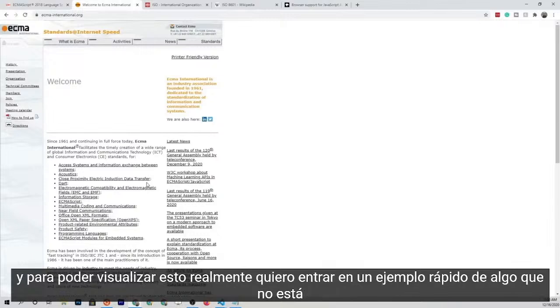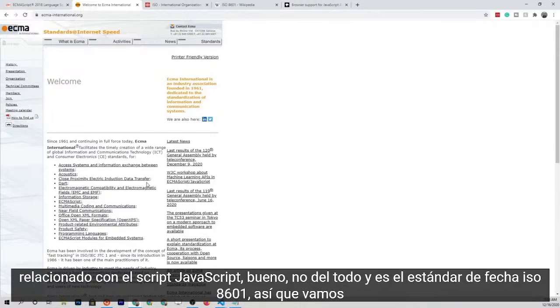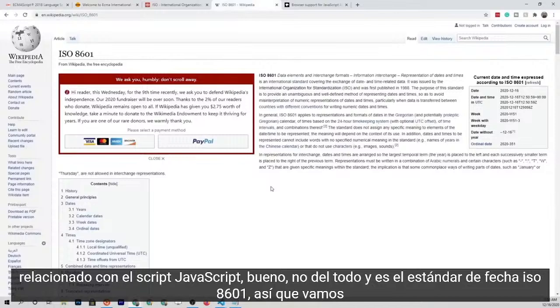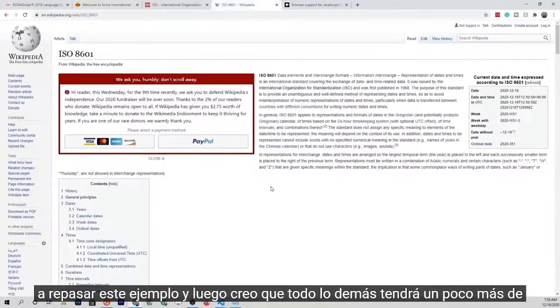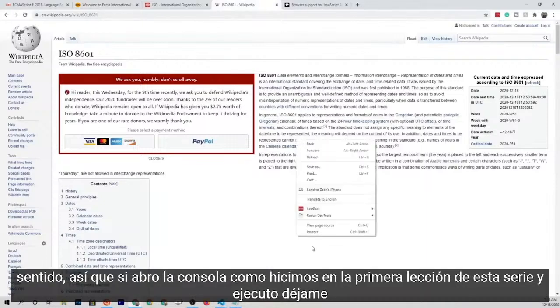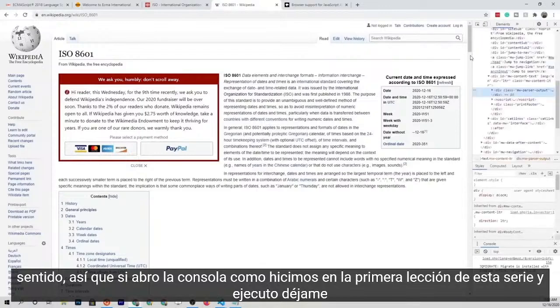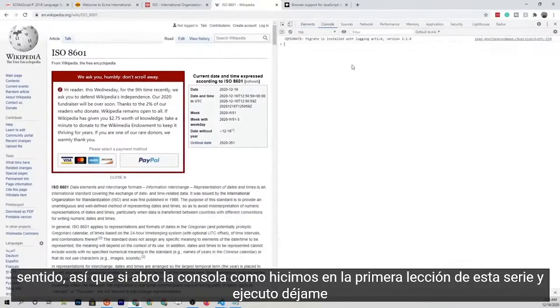And in order to really visualize this, I want to go into a quick example of something that's not related to JavaScript. Well, not entirely. And that is the ISO 8601 date standard. So we're going to go through this example, and then I think everything else is going to make a little bit more sense. So if I open up the console like we did in the first lesson of this series,